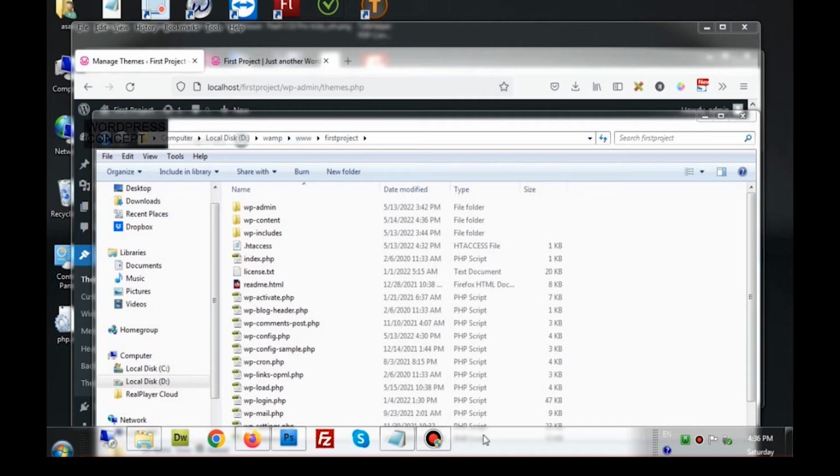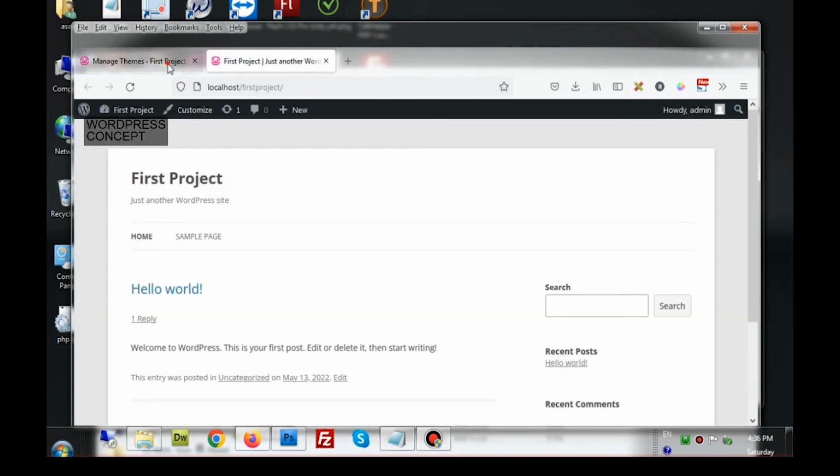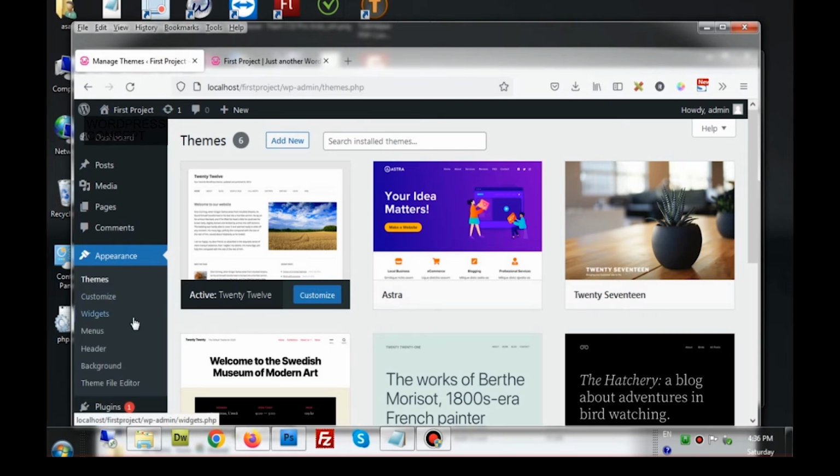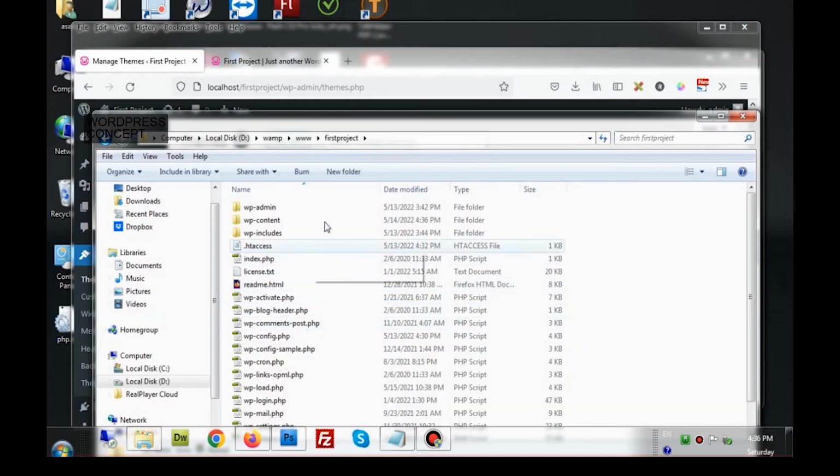Before doing anything else, one thing that I forgot initially is, as we have installed this 2012 theme onto WordPress, as we install a new theme, the theme comes into our project on the site that we are making in the form of files. So we need to know where these files are actually available.